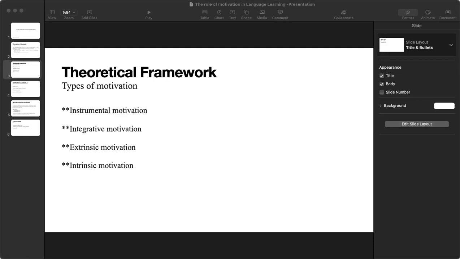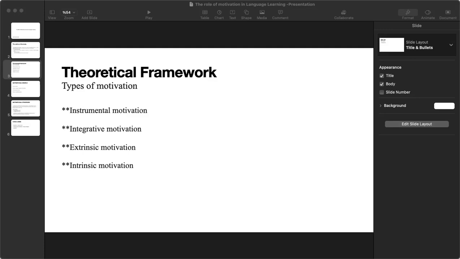Of course, there is such a distinction, but it doesn't mean that the person has to have only one type. It's possible to see a person with both types of motivation. Anyway, when we move on to another common distinction regarding motivation, we see it between extrinsic and intrinsic motivation. Actually, the distinction here is very similar to the one we have just talked about, I mean, the integrative and the instrumental motivation.